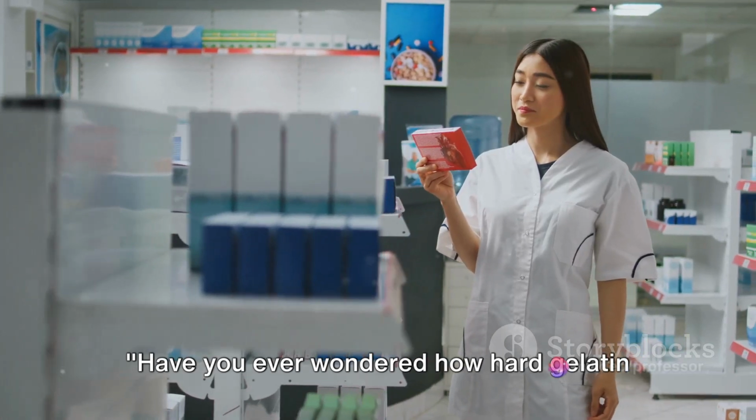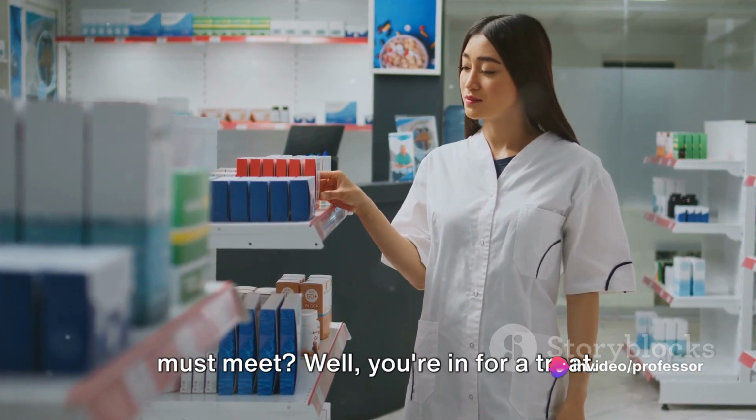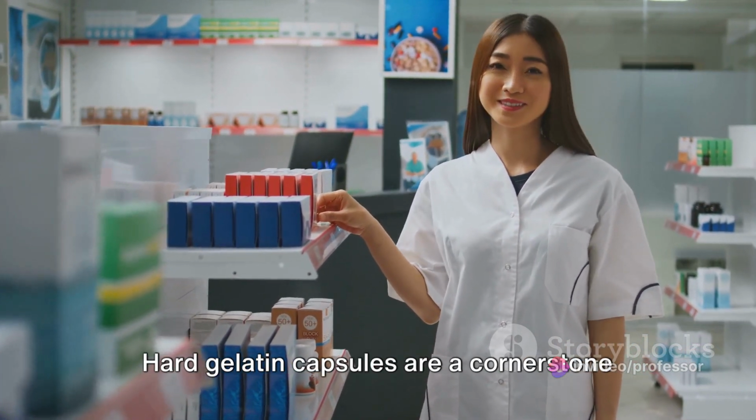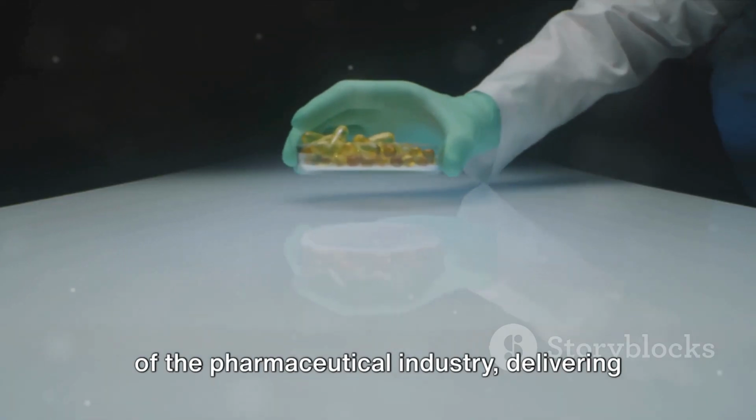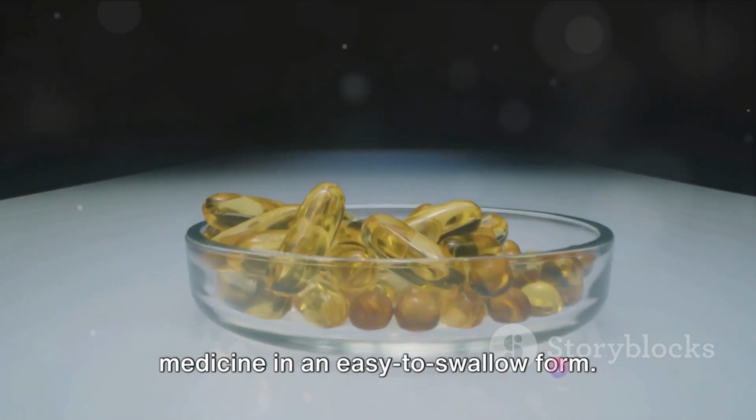Have you ever wondered how hard gelatin capsules are made and what standards they must meet? Well, you're in for a treat. Hard gelatin capsules are a cornerstone of the pharmaceutical industry, delivering everything from vitamins to life-saving medicine in an easy-to-swallow